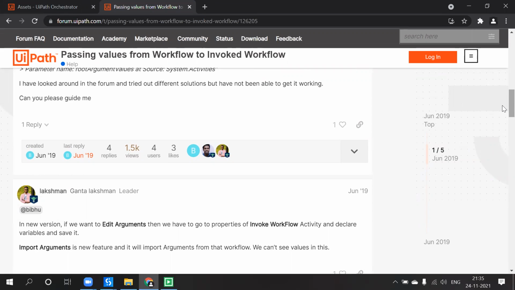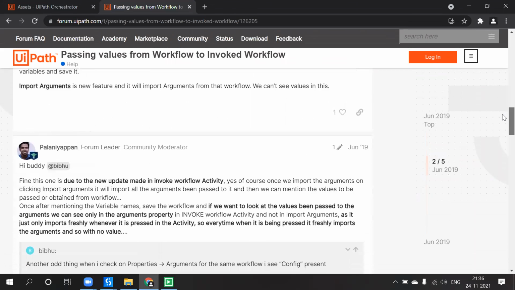You have to go to properties, declare the values and save it. New update made in the invoke workflow. Wait, what is this?